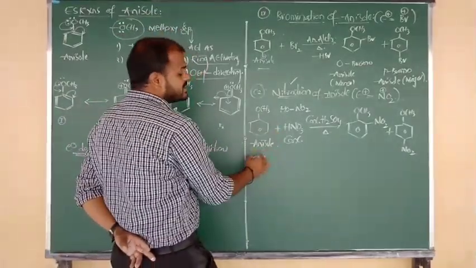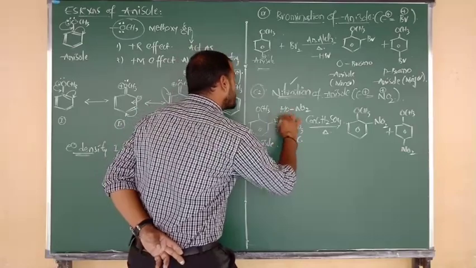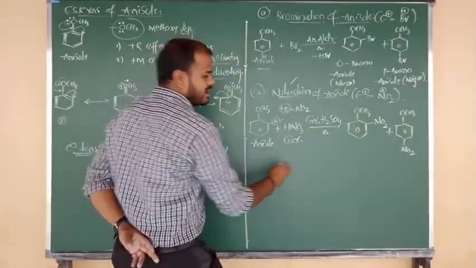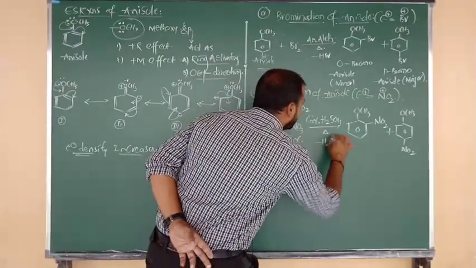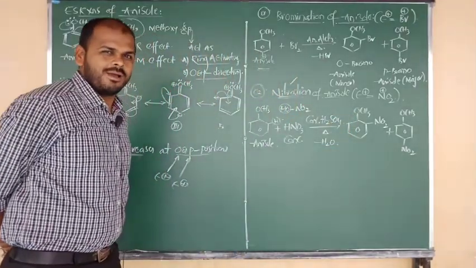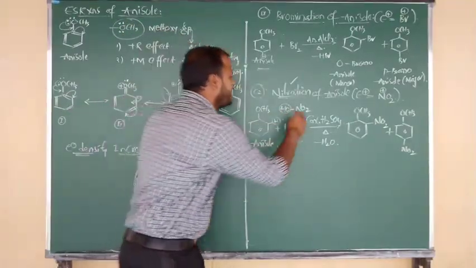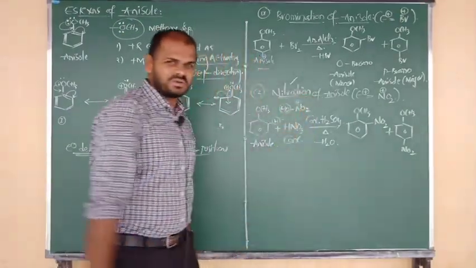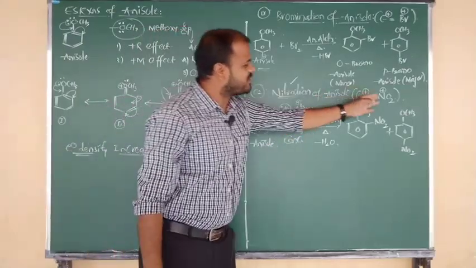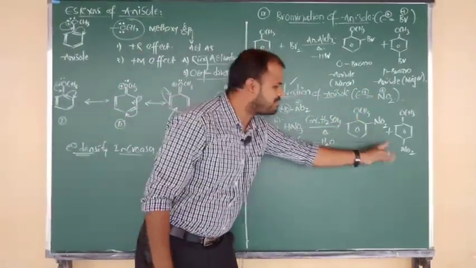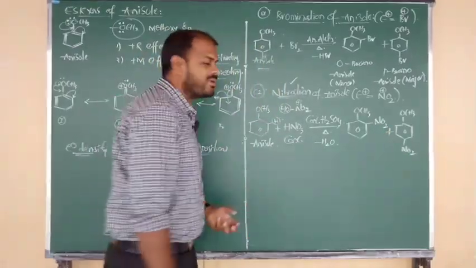So from the anisole, from the ortho place, now I am going to remove H. Such H combines with OH minus and is eliminated in the form of a water molecule. After the removal of the water molecule, after the removal of OH minus, here you are going to get what, beta? NO2 plus. Just NO2 plus acts as an electrophile and attacks at the ortho place and para place. So how many products are you getting here?